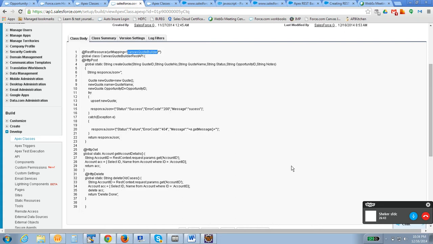OAuth2 is a standard authentication. Many companies are using it: Salesforce, Facebook, Twitter, LinkedIn. You can also use it. It is nothing but a protocol where it generates one random key. We have to use that key on the client side, and the same encrypted key will be present on the server side also. You are getting the key from the particular server and sending the same key back to that server. This is the authentication mechanism, which checks whether both keys match or not.